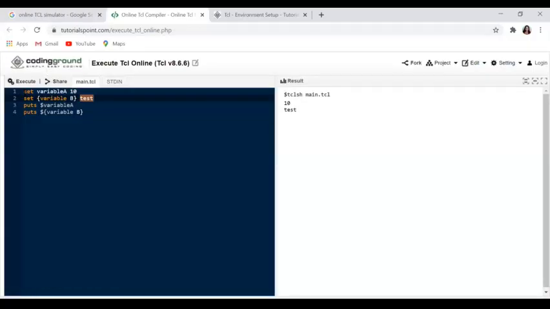Let me show you one more example also. You can understand. You can see the variable A as 10. So the answer has to come as 10. Next one, the expression will be the addition of 20 to this value. The sum will come as 30. So this is all about TCL scripting commands. But we will see in the next class some more commands.